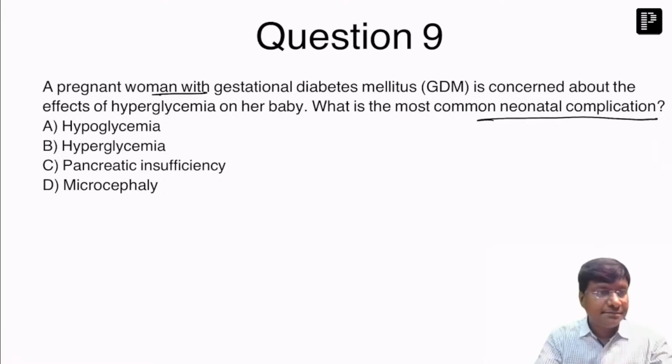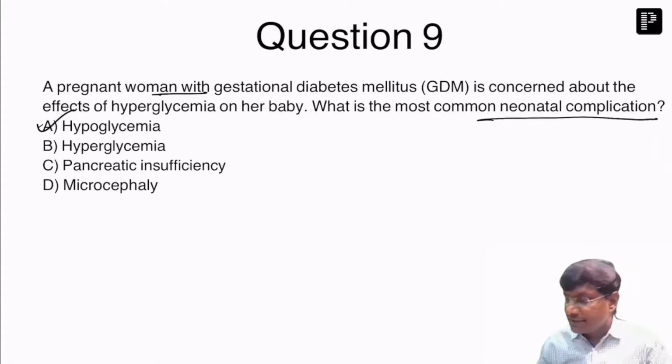Anyone? Right. So here the correct answer is, anyone? What is the most common neonatal complication? Right, very good, Alina. So it is the hypoglycemia. Hypoglycemia is the most common neonatal complication. What could be the reason? The reason for the hypoglycemia is because of the fetal